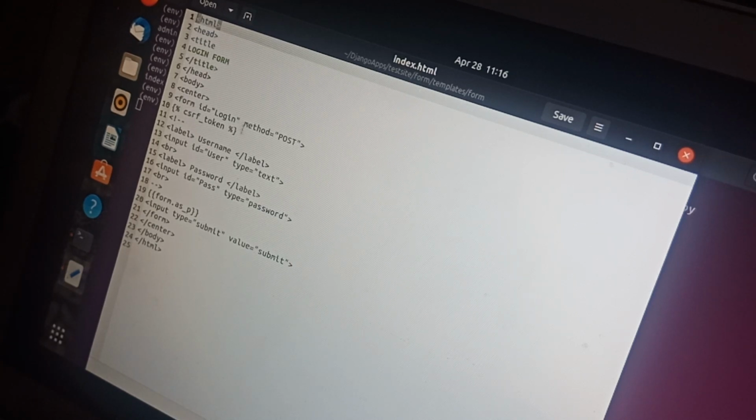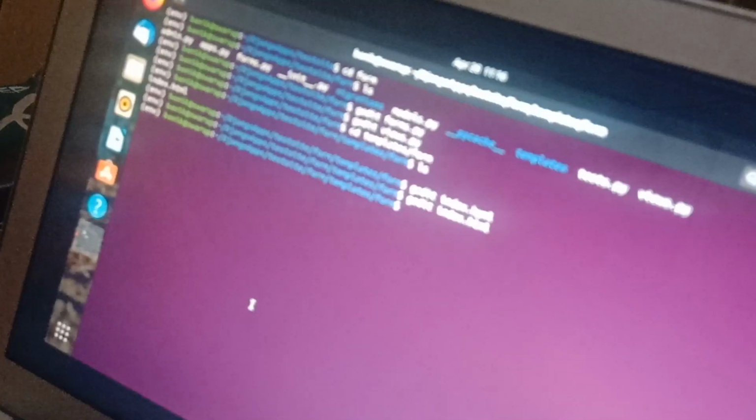Then we go for the label username, then input some bits, entering normal HTML coding. If required, I will put my codes in the comment section. If you require, you can comment there. Save it.